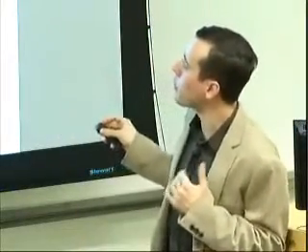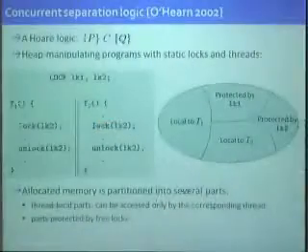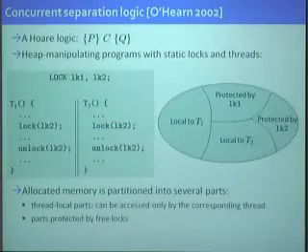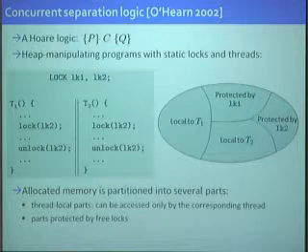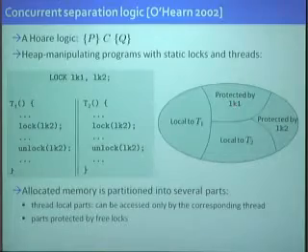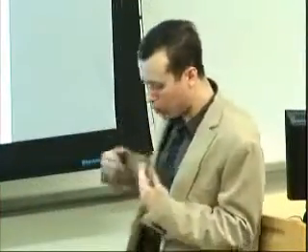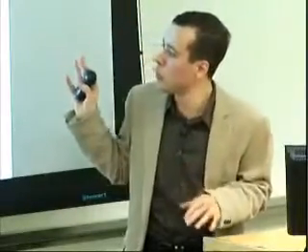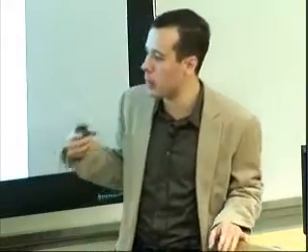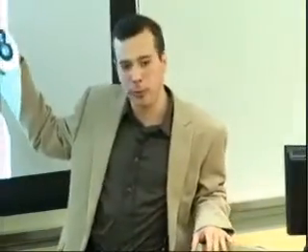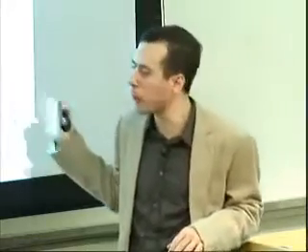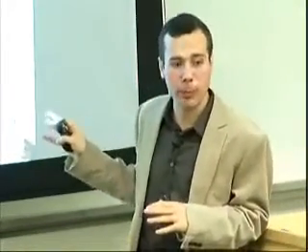Now, some parts are thread local. What this means is that, say, this part is local to thread T1. This means that only this thread can access this part. Some parts are protected by free locks, locks that aren't held by anyone at this point. For example, this part is protected by lock LK1. And what this means is that a thread can access this part only after it has acquired the lock. Now, what I should say is that this view is not something that the runtime system or a compiler enforces. It's something that is enforced by the logic, by the proofs in the logic, to make it easier to reason about programs. So in particular, it's not going to be true of all programs, only the programs that the logic can verify.